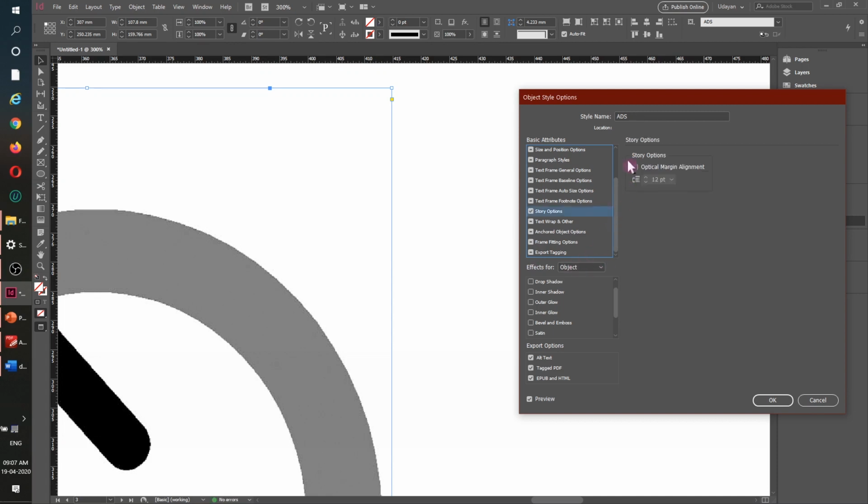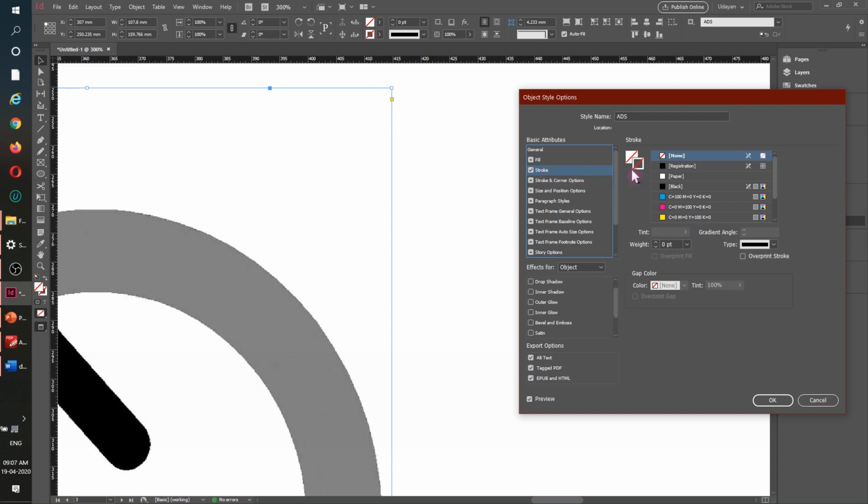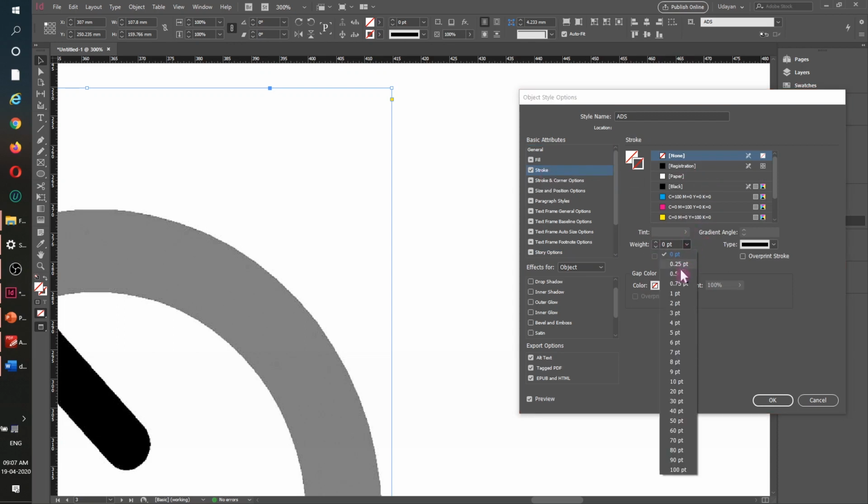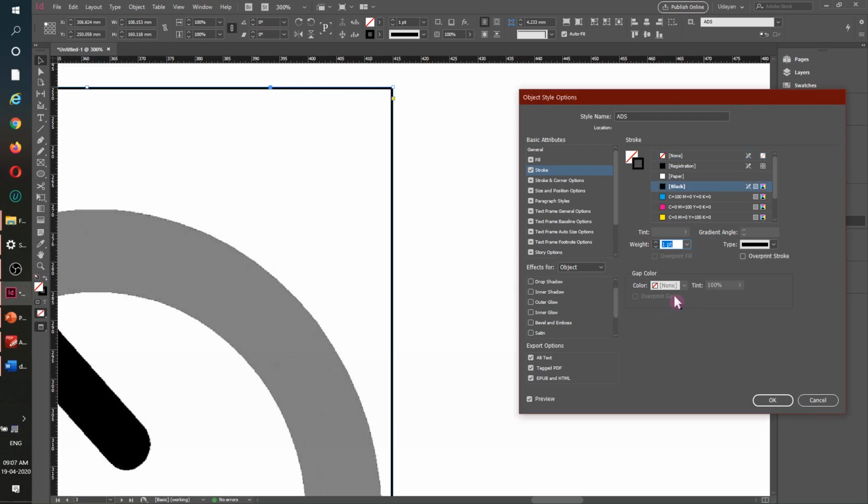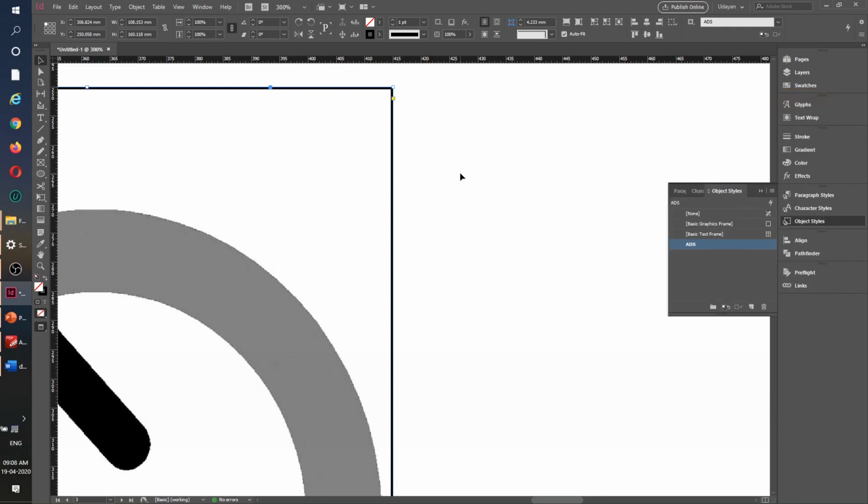In this case, a story, of course, my mistake, by mistake I clicked that, and we are good to go. The stroke only we will define here. Since it is an advertisement, I'll give a 1 point stroke. That should be fine, and we will hit OK. So we are good to go.